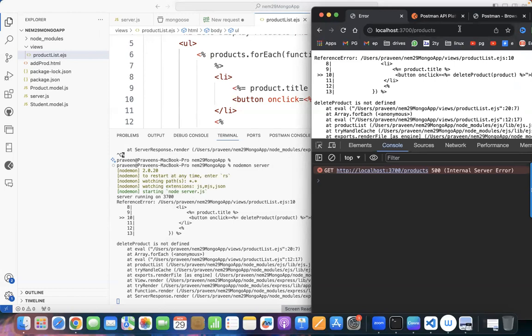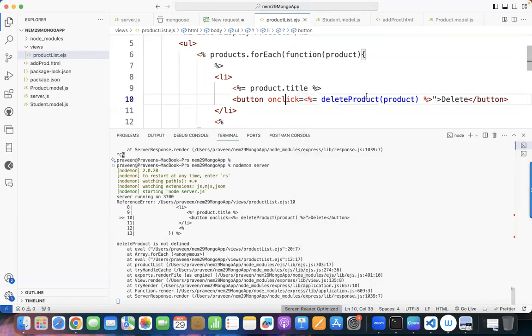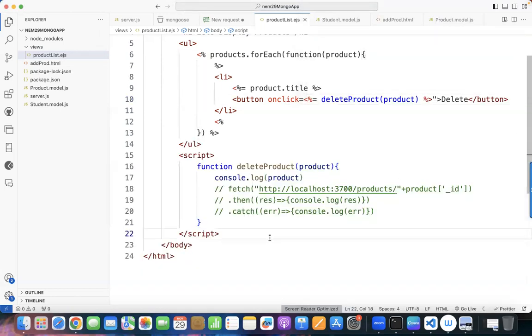Okay. So on click is equal to... delete product is not defined. Here I have the delete product, but it is expecting the delete product from the object what we have passed to